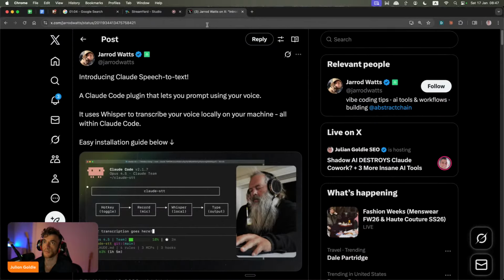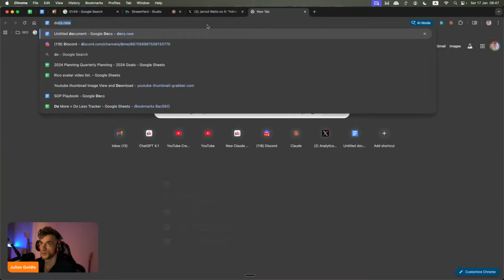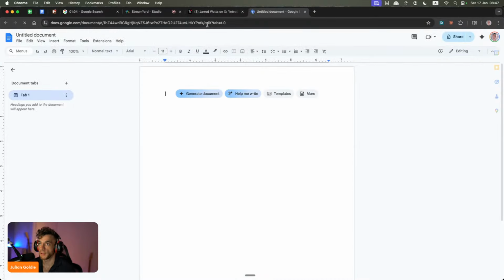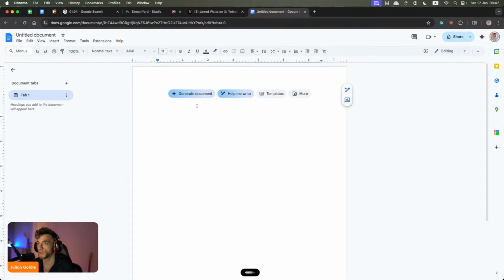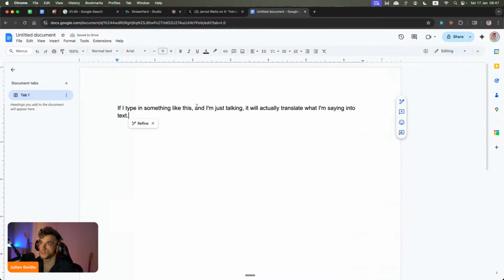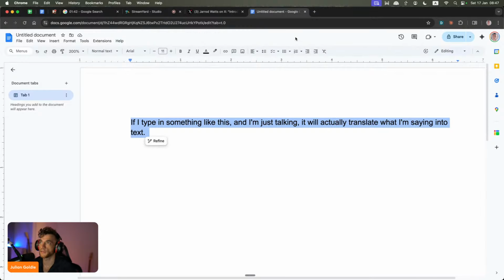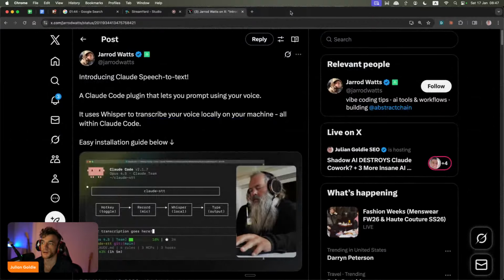Now, currently, for example, I use Whisper Flow. I pay for this tool, and if I type in something like this and I'm just talking, it will actually translate what I'm saying into text. But the problem is, as good as it is, it's kind of a paid subscription, right? And if I'm paying for Claude and everything else, surely there's a way you can do this